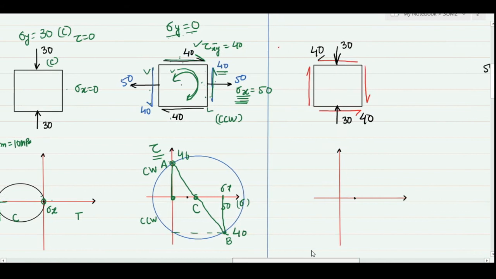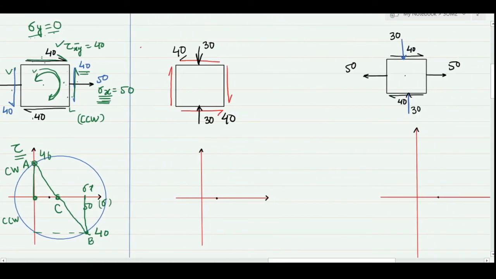If I replace the sigma x with another value of sigma y, in the given case I have a sigma y of magnitude 30 but compressive, there is no sigma x, that is 0, and I have a shear, but this time I have reversed the sense of my shear. That means for the top surface the shear has a counterclockwise sense, and for this vertical face the shear is acting in the clockwise sense. So let's try to make our Mohr circle. My sigma x is 0, so this would be at the origin. My sigma y is 30 but compressive, so I have to make it on the negative side. Let this be my sigma y.